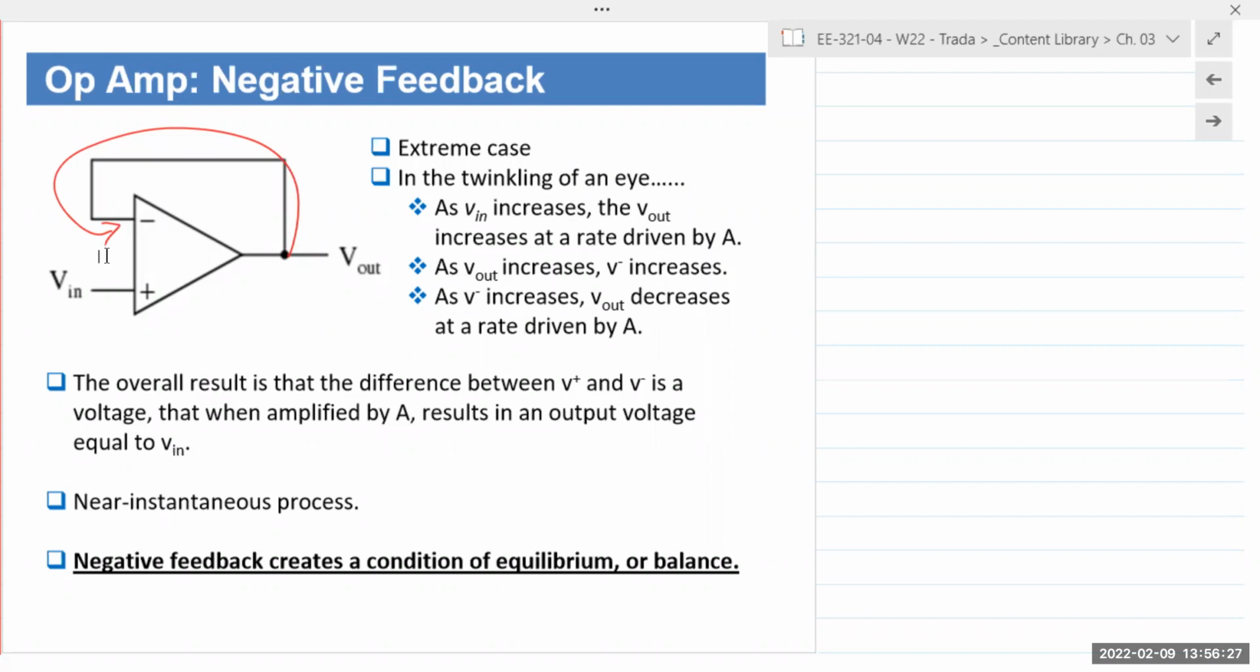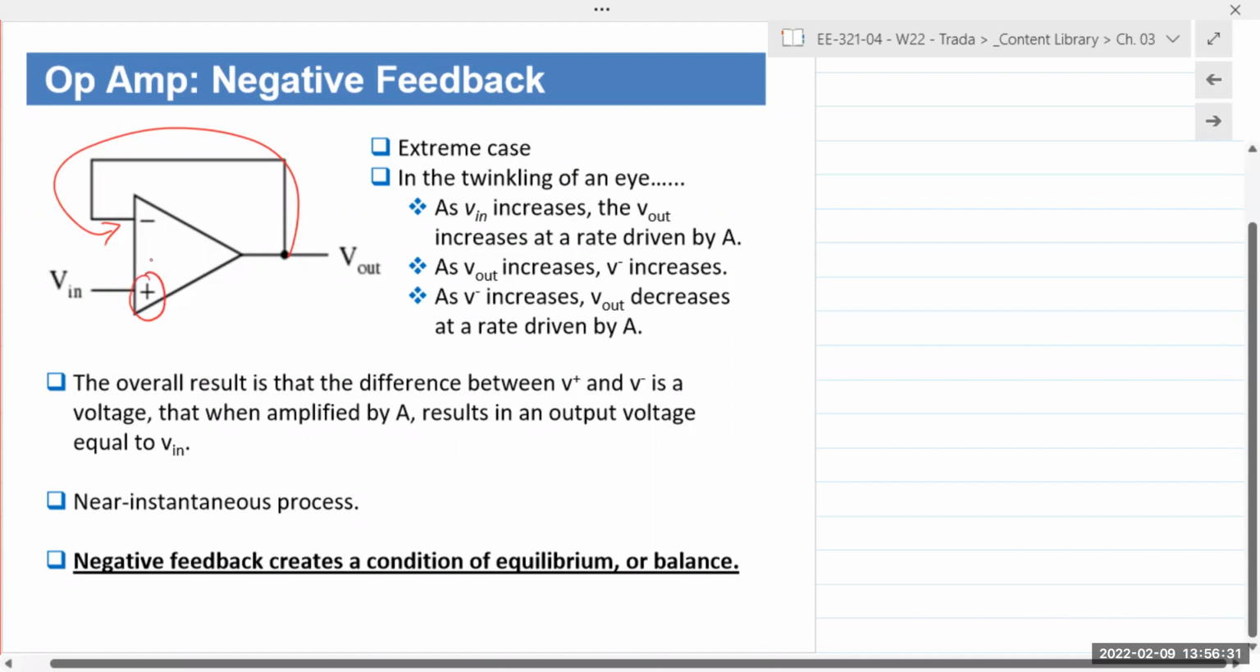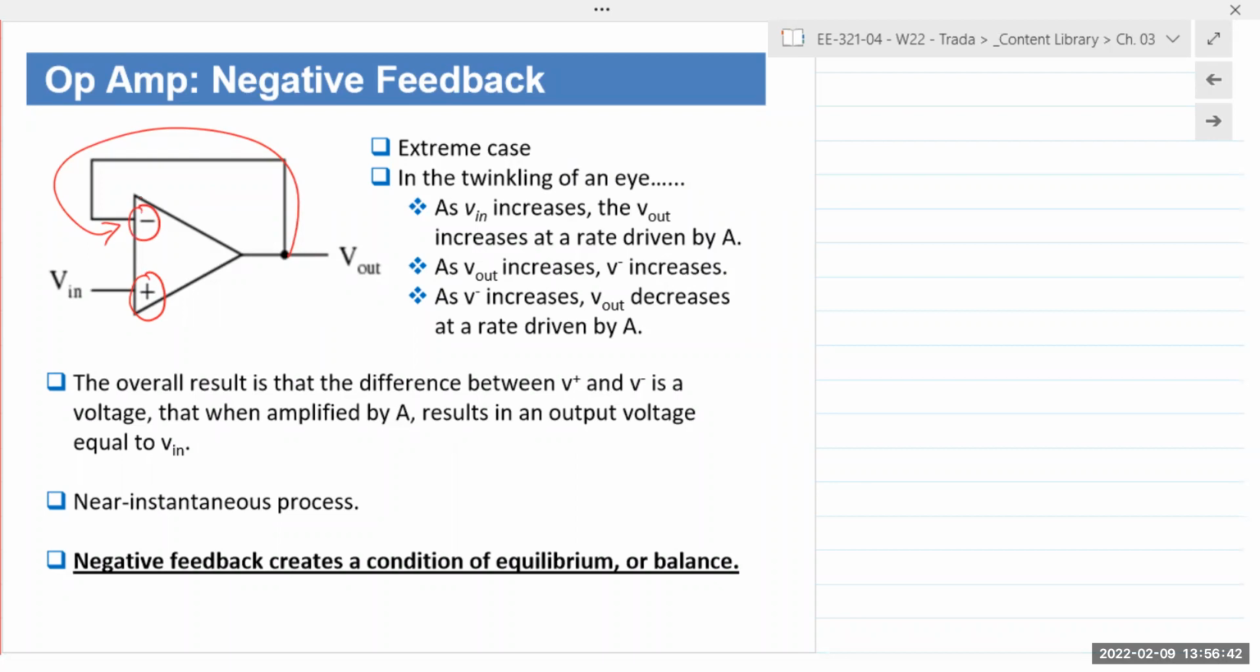So that's the two things you should notice first. Input is going into the non-inverting terminal, so it's a non-inverting circuit. And feedback is going into the negative terminal, so it's negative feedback. So non-inverting negative feedback amplifier. Now what happens is,